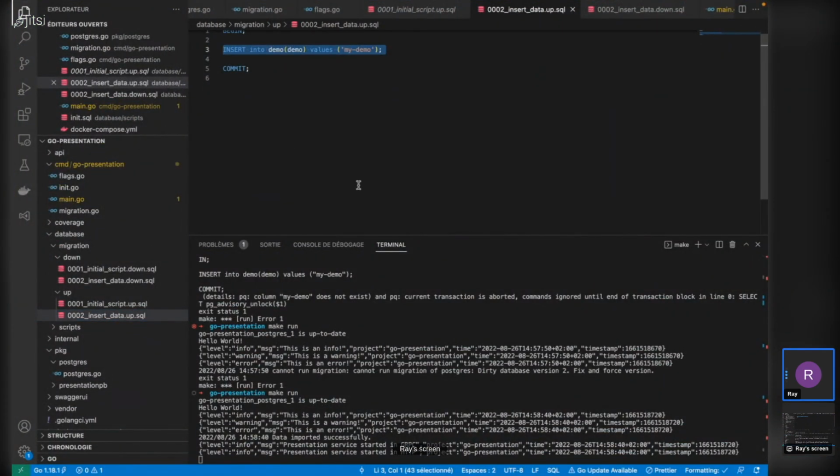So as you can see with Golang Migrate, it's very simple to run migration scripts when your application starts. And it's very useful also for production purposes, because most of the time when you develop something in Go, you need to evolve your database schema or add some data in some database and so on.